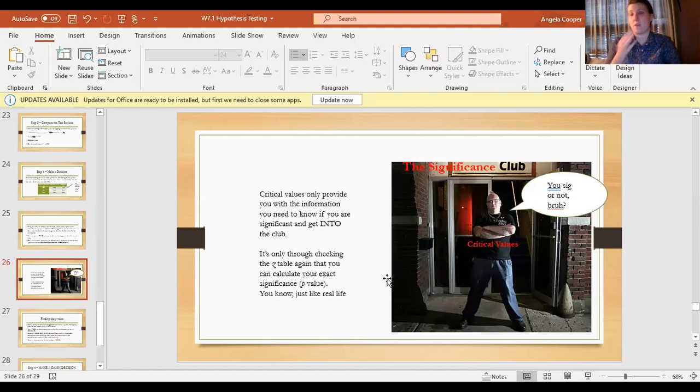The z-table that we've been using provides us p-values. That's probability. Up to this point, we've been saying, what's the probability of, say, between 45 and 80 times? We can use that z-table to indicate p-values. So critical values only tell you if you have statistical